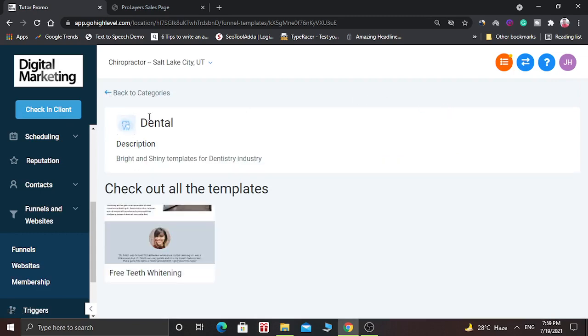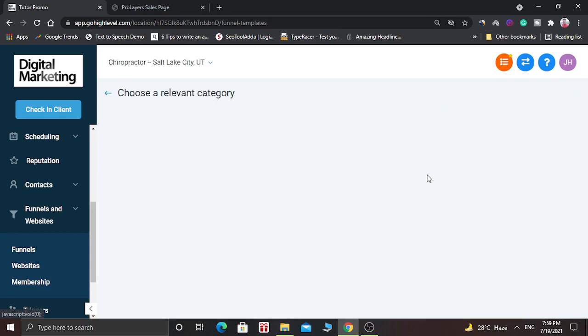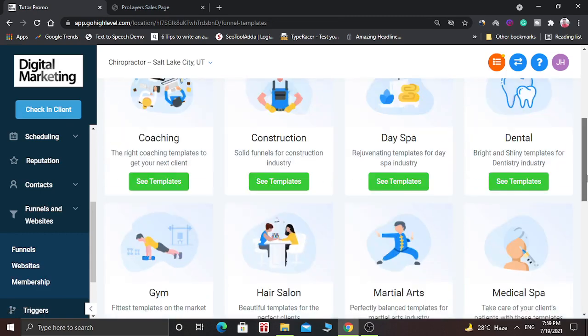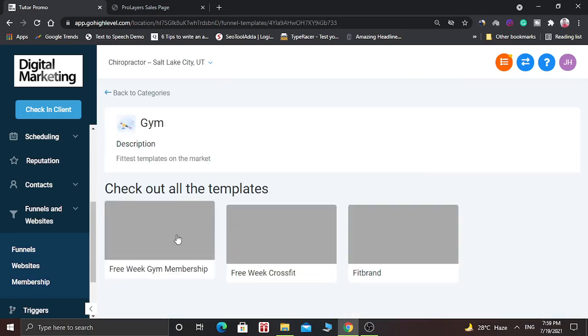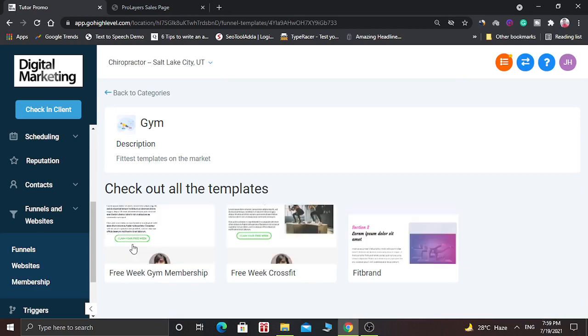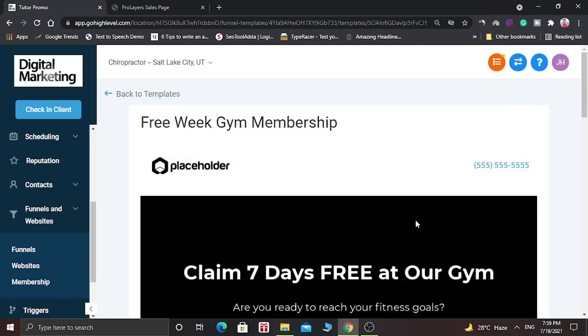Likewise, let's see the template for gyms. Here 3 funnels are available. You can use any of them.